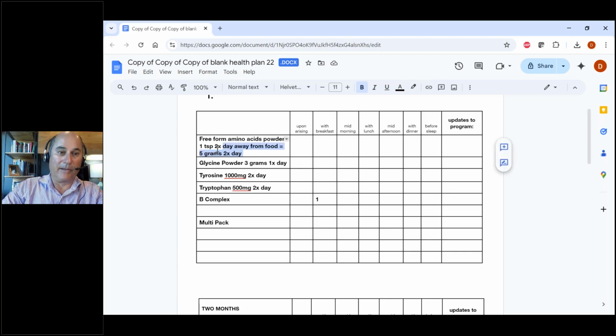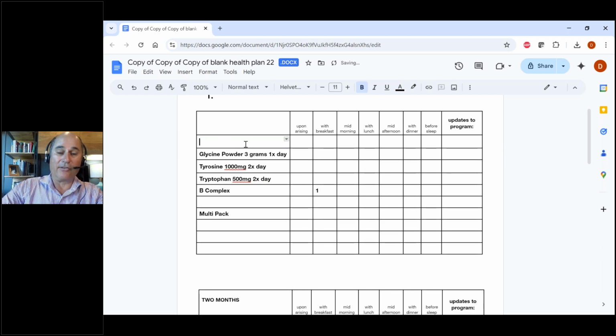Okay, I'll give you another example here. Let's say you don't want to use the free-form amino acids for some reason, and you're just going to go for the individual ones that are low. And I'm just trying to show protocols that I use on a regular basis that I know you're going to need to use once in a while yourselves. Let's say they're low in arginine and citrulline. That's a common one. So you're going to do arginine, say 1,500 milligrams 2 times a day. And you're going to do citrulline because they're also low in citrulline. 1,500 milligrams 2 times a day. Obviously, it's a total of 3 grams of each of those.